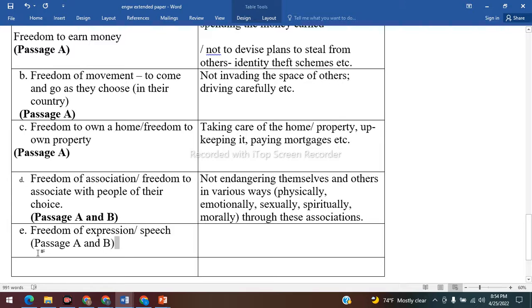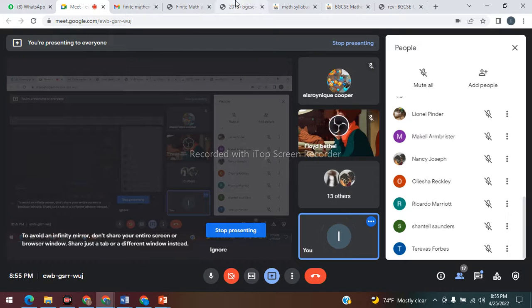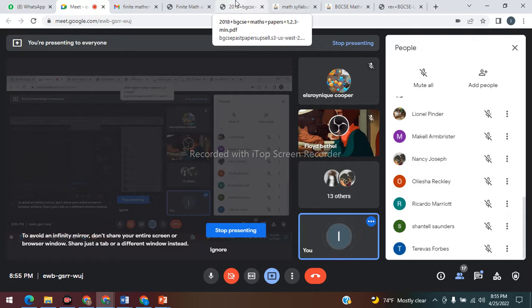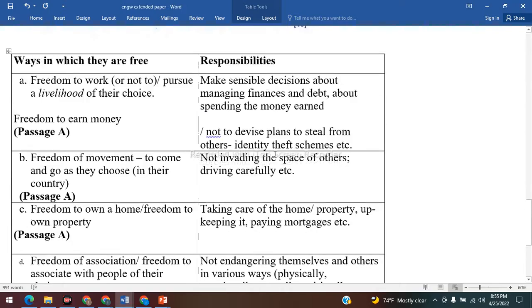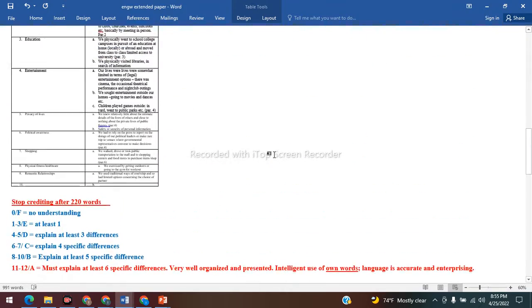But this is not only from passage A. I mean B, also from passage. Not only from passage A, but also from passage B, because passage B talks about... let's go back to passage B. Passage B talks about... let's, I think we have every number to watch that. So passage B, to go back to this. We talked about